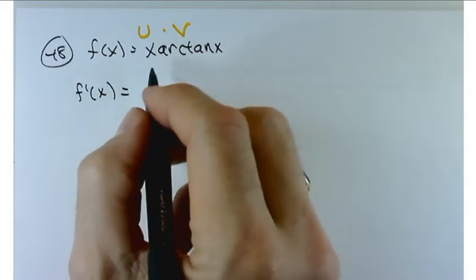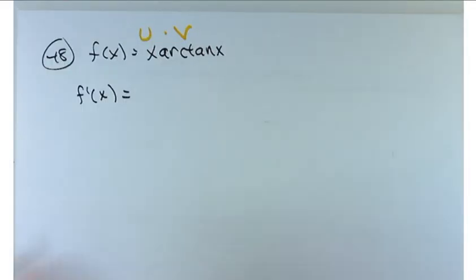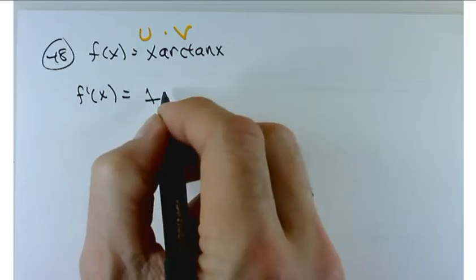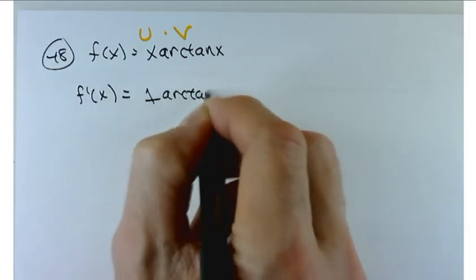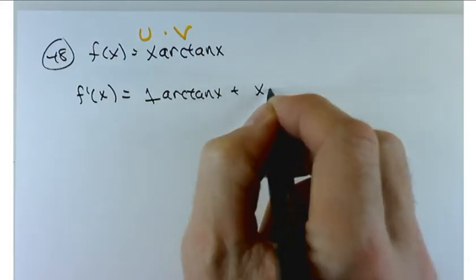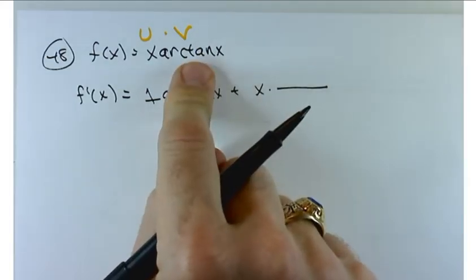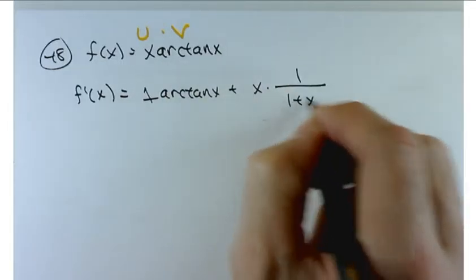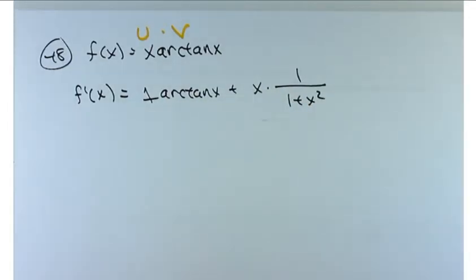So I want u prime v plus v prime u. U prime is going to be 1 times arctan of x plus x. What's the derivative of the arctan? Well done. Almost in unison. Yeah, I was thinking the same thing. So, arctan here, and